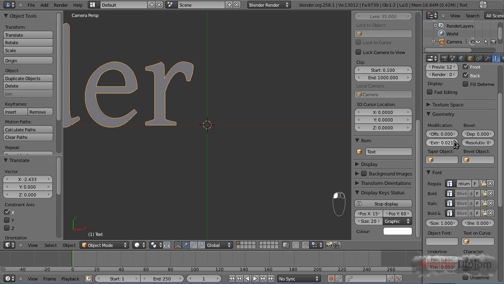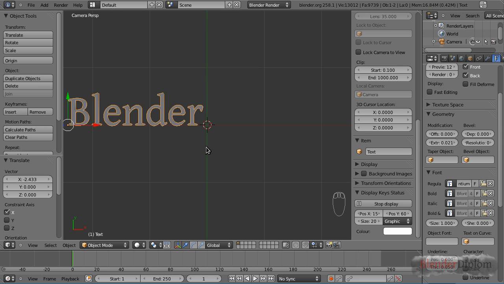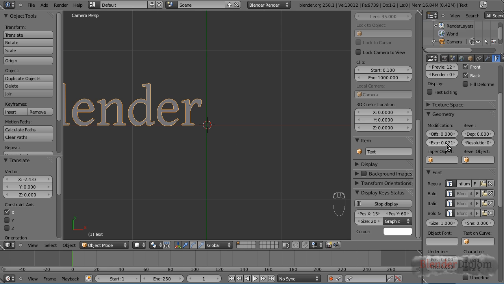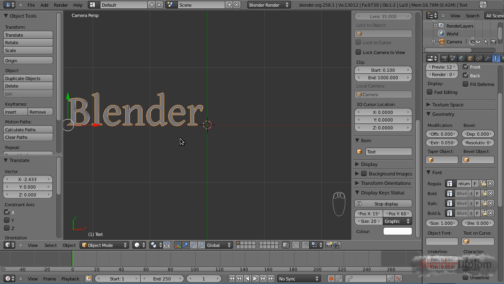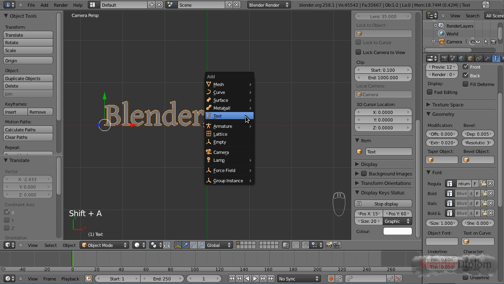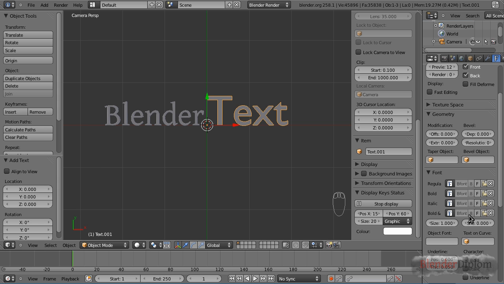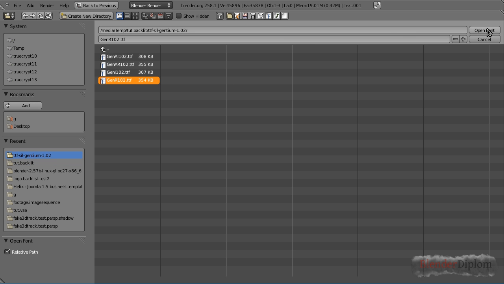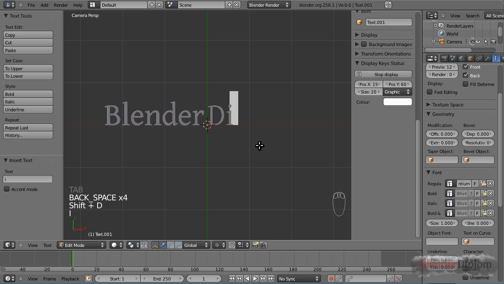up until you see it from the camera, but just a little bit. 0.05 might be a good value. Oh no, that's too much. 0.02, and some bevel, which will just round off the shape, and 0.05 with a resolution of 3 might be perfect. Then I'm hitting Shift A, add another text, and usual thing, selecting the font, going to edit mode, typing